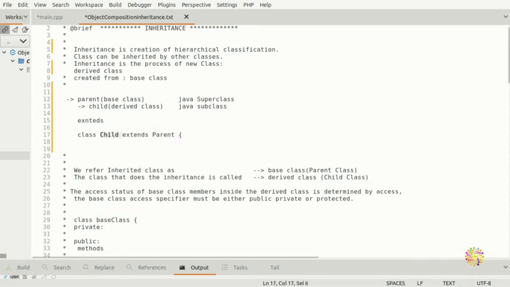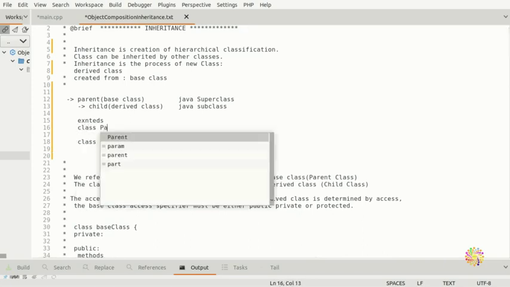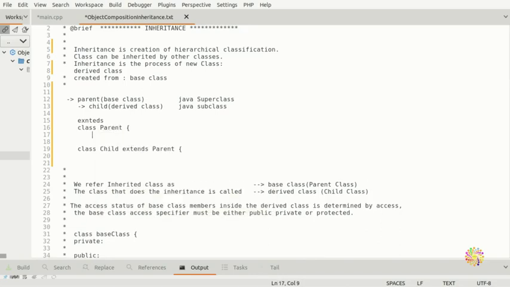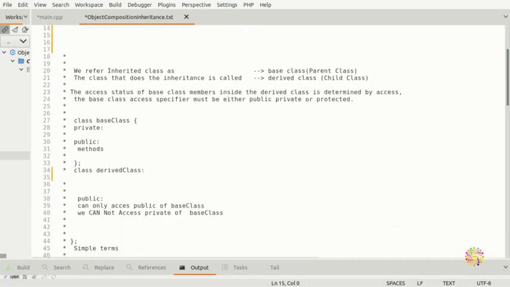Keep in mind that you need to create the class parent somewhere first, because the superclass comes first. Once you define the class parent, the class child can extend the base class, which is the class parent. It's exactly the same with PHP. We use extends there, but in C++, which we are now looking at, it is a little bit different.